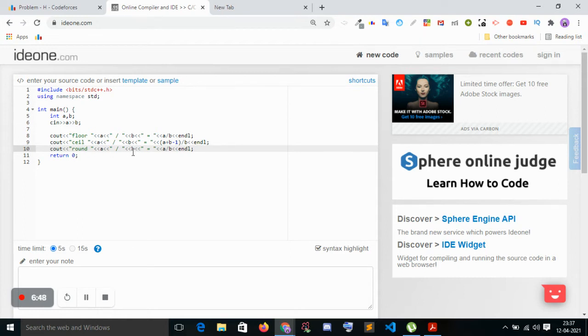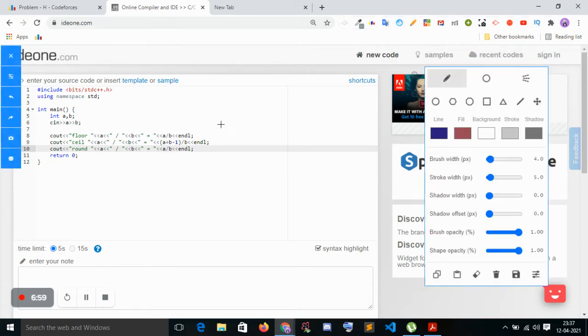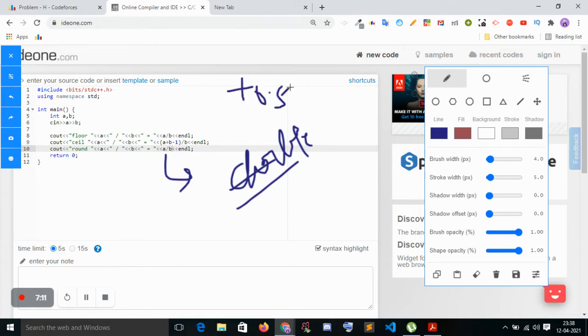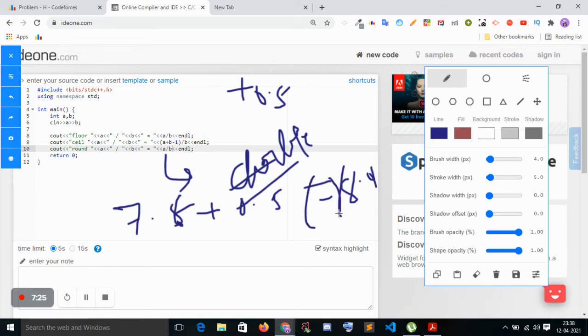Okay, so now the problem is that when you divide A by B, I need to solve this problem with the double data type. After that I add plus 0.5. If I get 7.5 and add 0.5, it will give 8.0. If it is 7.6, it will give 8.1, and then I will typecast 8.1 with integer, it will give